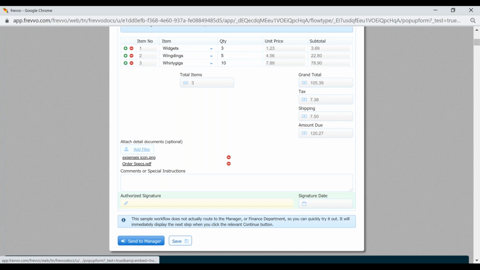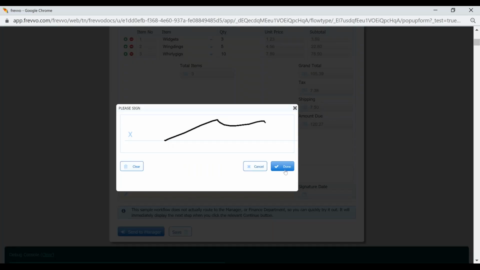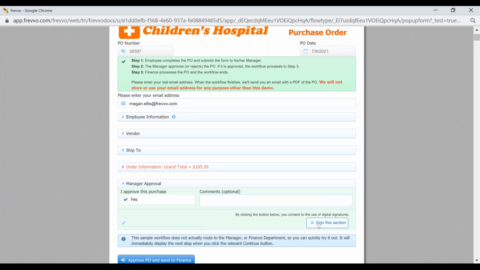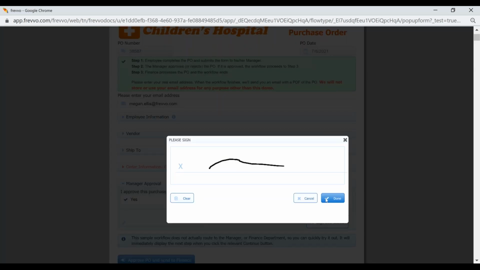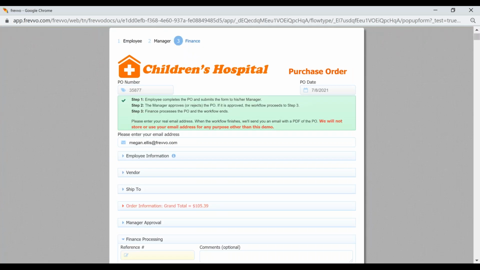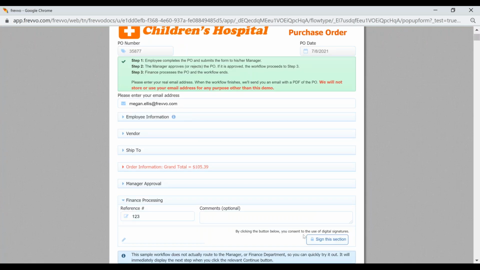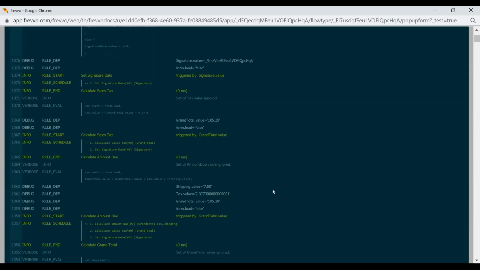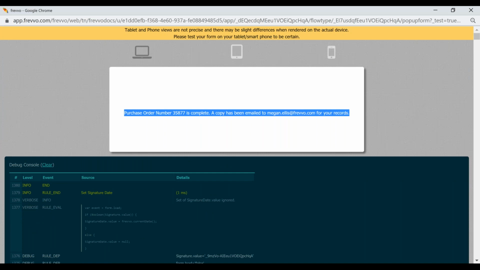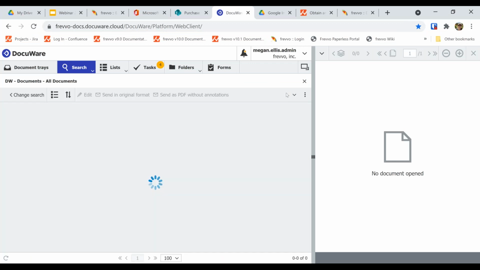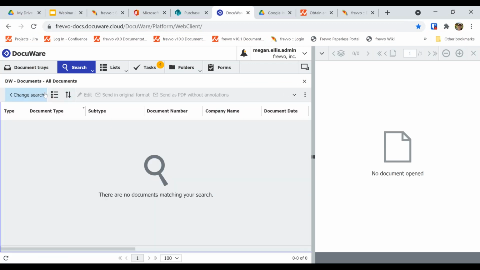And then sign it, approve it, and process it. All right, we got our success message again, so that's good news, and we would expect to see this over in Docuware. So we'll go into our Docuware instance,